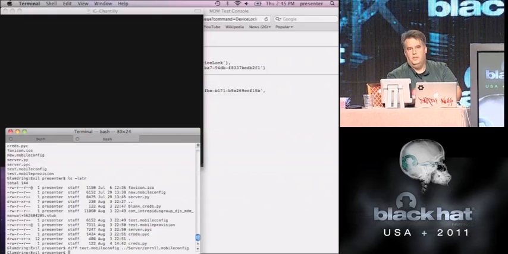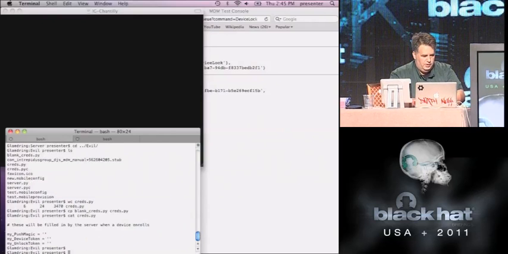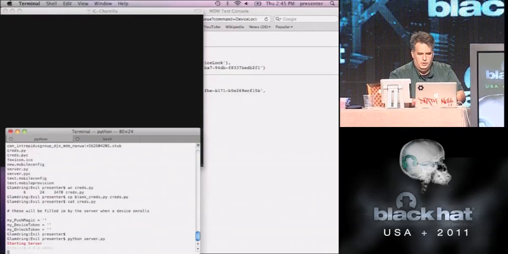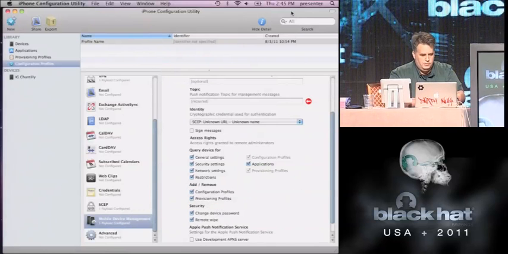No difference. So the configuration profile extracted from that stub is exactly the same as the configuration profile that I installed when I enrolled in MDM. But remember, in this window, I'm not me. I'm an attacker. So I've just got that profile. Now what I'll do is I'll come back here to the evil side, and I'll start up the server, and I was actually going to drag this over,